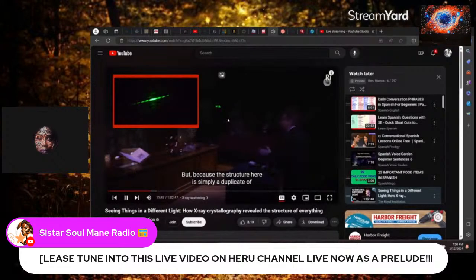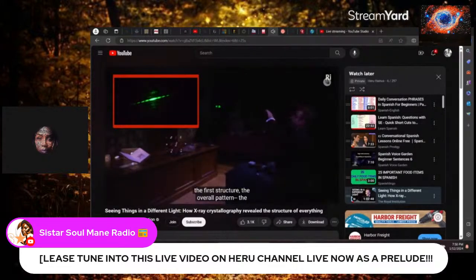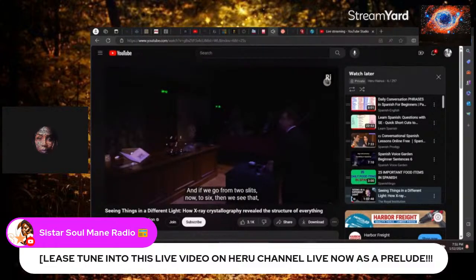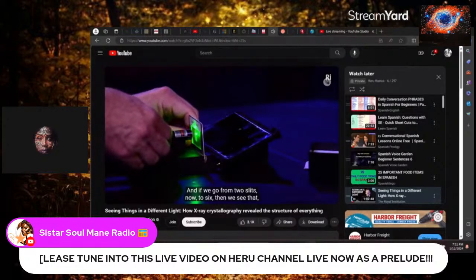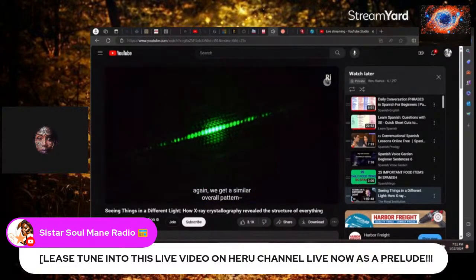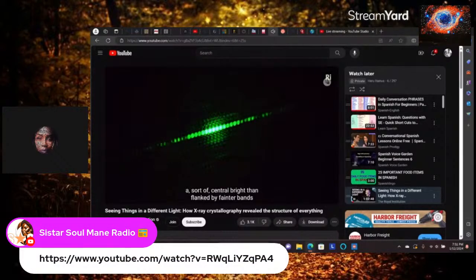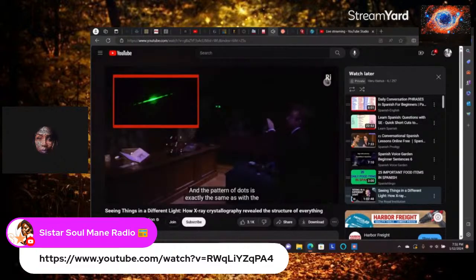But because the structure here is simply a duplicate of the first structure, the overall pattern, the envelope, as it were, of the intensity variation changes. It's just that we see different points of light. And if we go from 2 slits now to 6, then we see that again, we get a similar overall pattern, a sort of central bright band flanked by fainter bands on either side. And again, now they are divided into dots. And the pattern of dots is exactly the same as with the 2 slits, because the spacing between the 6 slits is the same as the spacing between the 2 slits. And that's a point I want you to keep in mind, because we'll come back to talk about that when